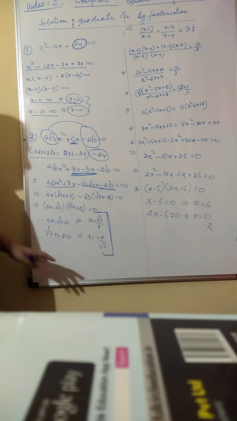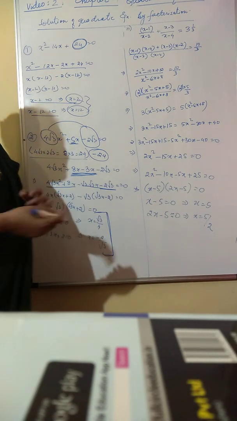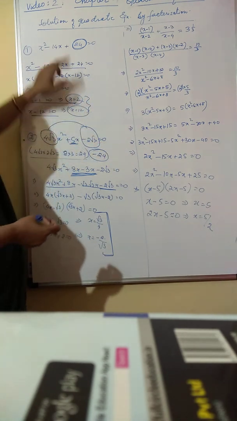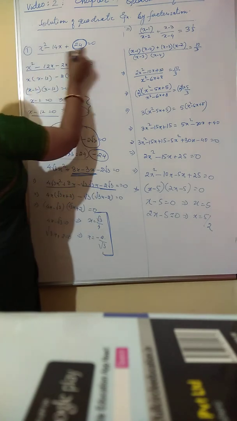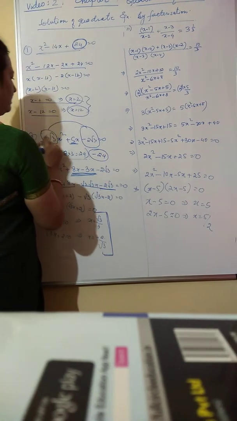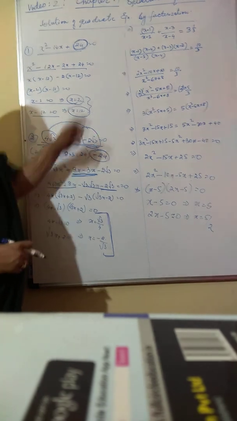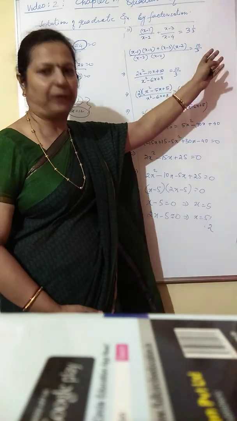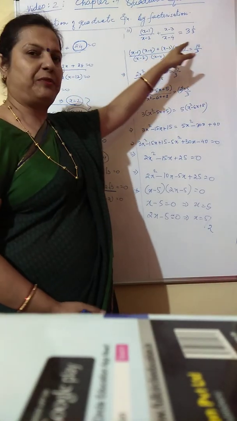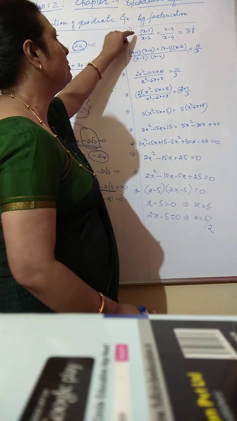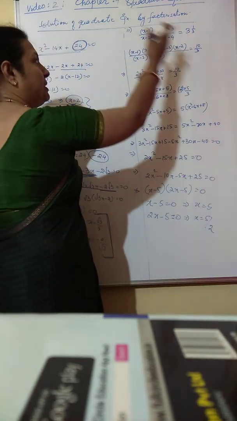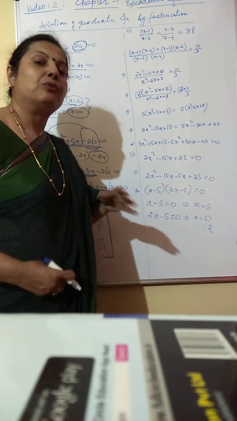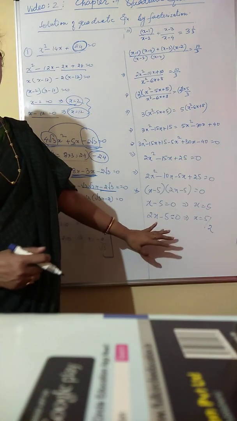Now this is the second question. Now the third question. Because the general perception is that if we are asked to factorize using the factorization method, we should get the equation in this form. But you see here, the equation is not given in that form. It's given in a completely different way. This is the type of equation which you have solved in linear equations also. So what we need to do now is, we will first simplify it. Then whatever is the simplified result, that result we will factorize to find our zeros.